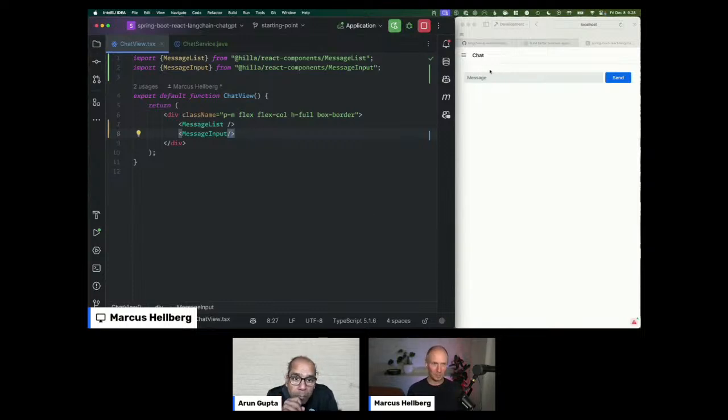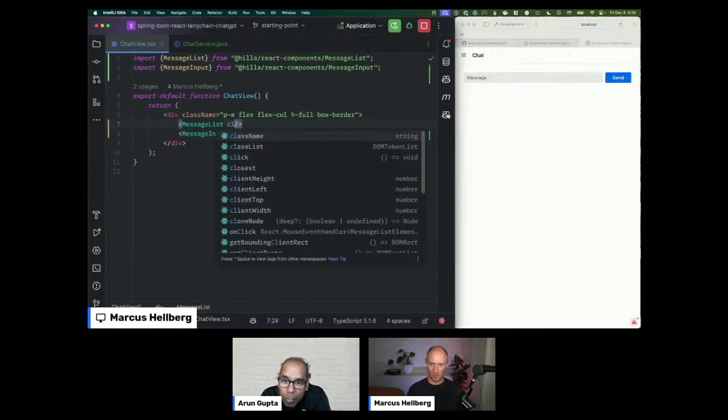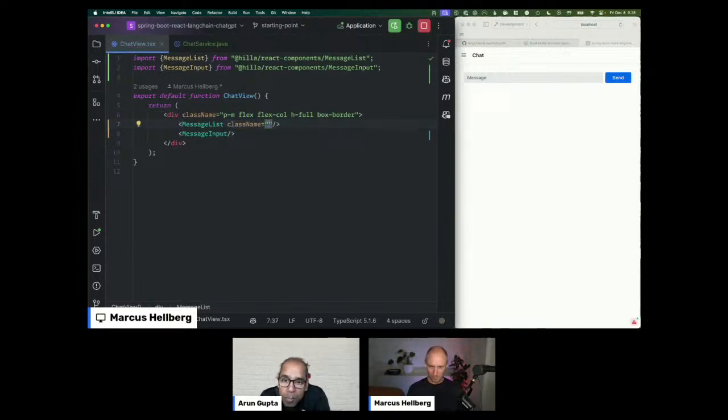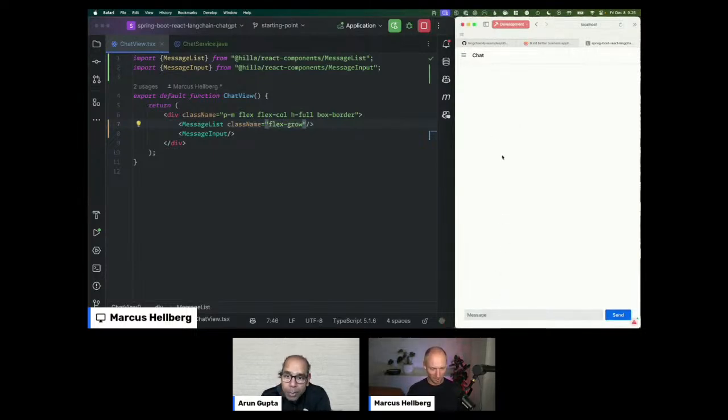Now, the message list itself here is kind of compacted to nothing because there are no messages right now. And what I want to do is have the input here on the bottom, as every chat UI in the world. We're using kind of utility classes like Tailwind style. And because I'm in a Flexbox, what I can do is give it a CSS class name of Flex Grow, which will tell the CSS Flexbox to grow this area with any available space. And that essentially gets us to where we need to go.